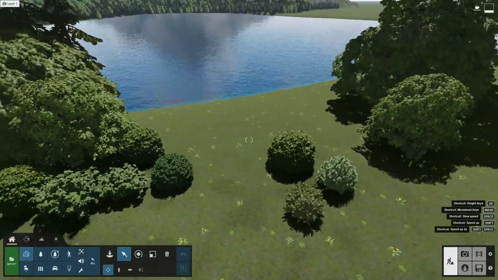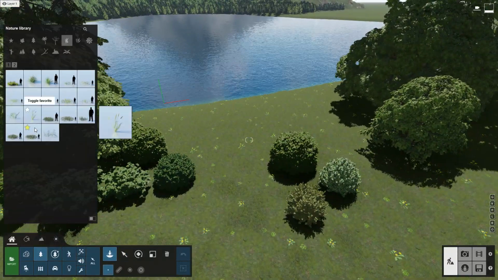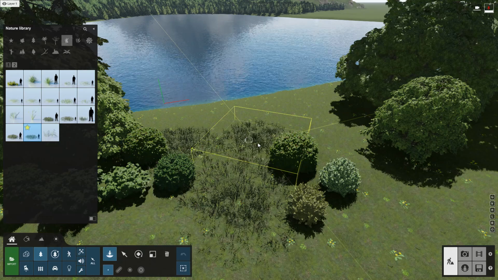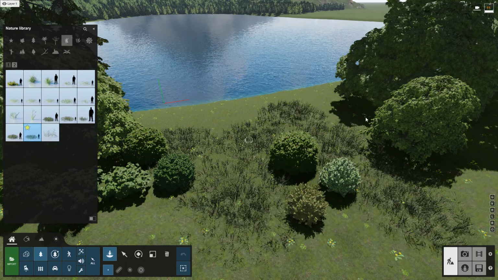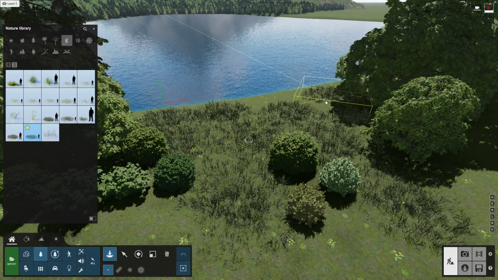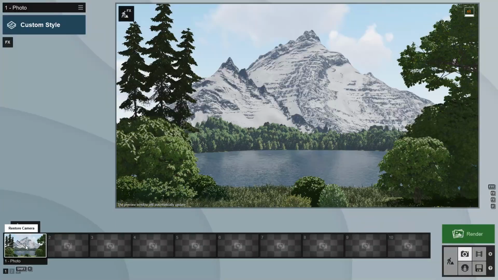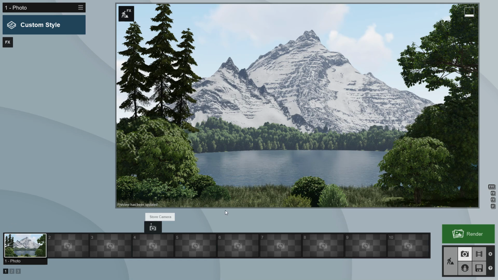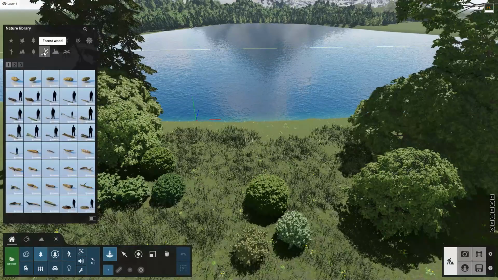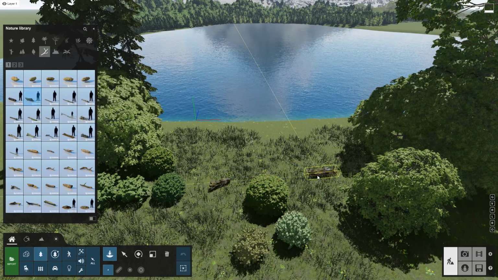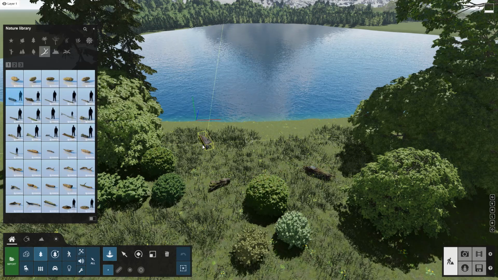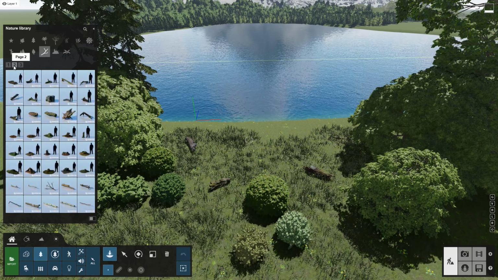Now let's get a little crazy. Maybe we can add some wild grass to our scene. We don't have to put it everywhere, just near these trees and bushes and next to the lake. And maybe some in the front, just like that. Oh, that looks great. Remember that you have the power to add anything you want. Maybe we can add some tree logs on the ground like so. And you can place as many or as few as you want.